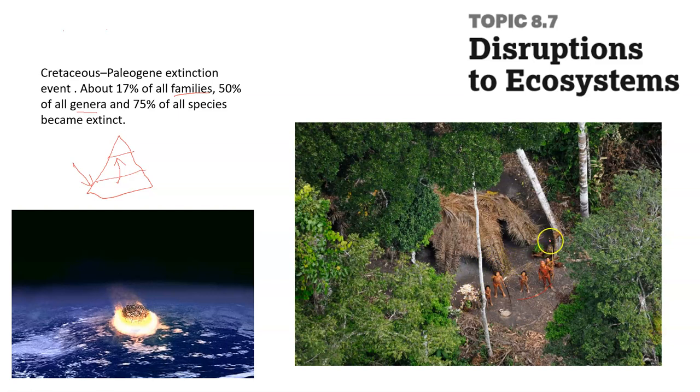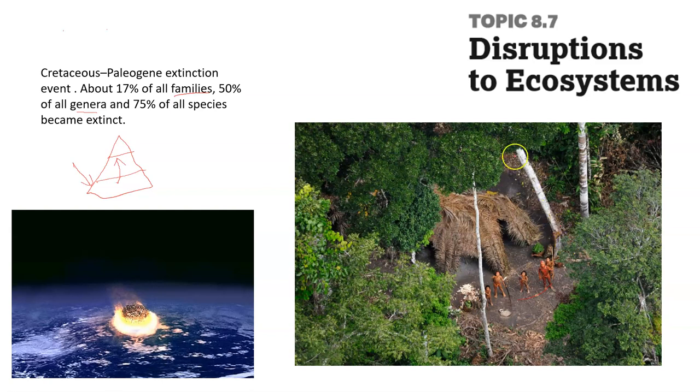Now, we've built up an immunity because we're constantly in contact with many other people, because of our connectedness through international travel and things like that. These guys haven't seen any other humans in the entire life of this tribe, so they're very vulnerable to a lot of these things, which is why we can't make contact with them, because we would disrupt their entire order and probably kill their entire tribe pretty easily if we were to.